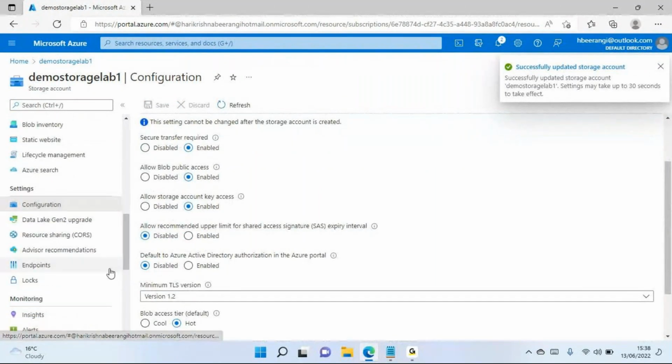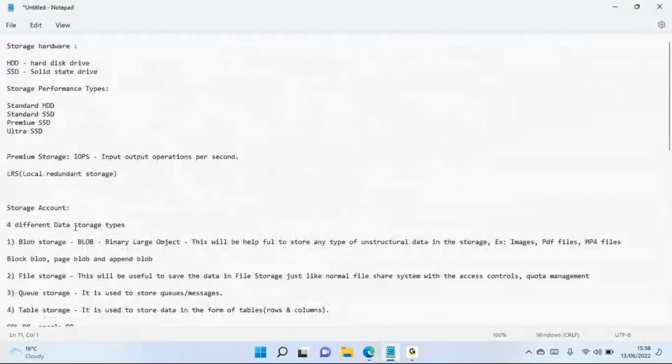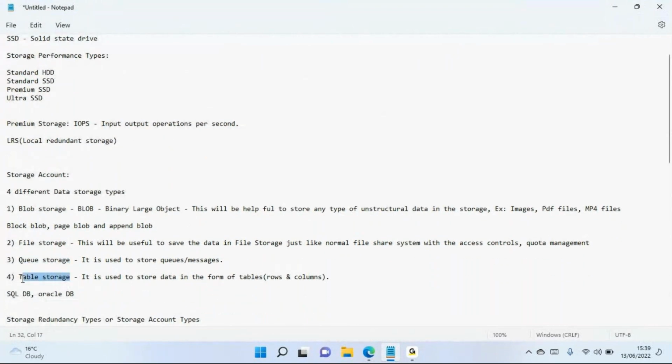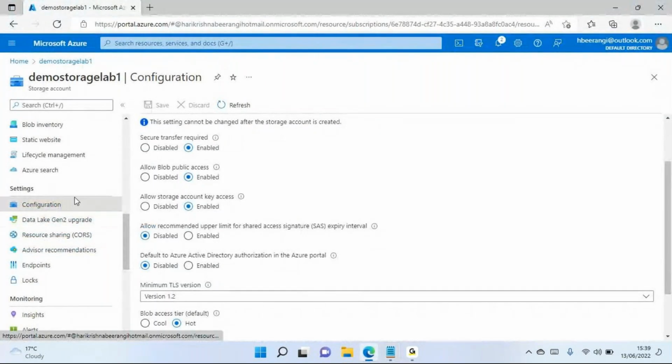Now, so we were discussing blob storage, file storage, queue storage, and table storage. So we will see these options today, and then under that we will have even more options under each and every topic. So before we go to that